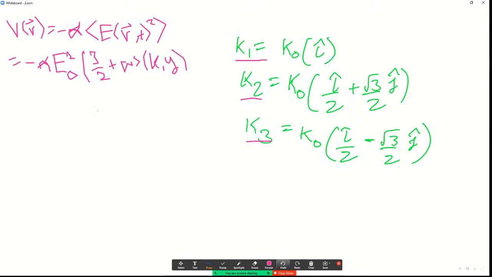So we can substitute directly values of K1, K2 and K3 here. And this was K1 minus K2 and so on. It was the difference. Okay, so then